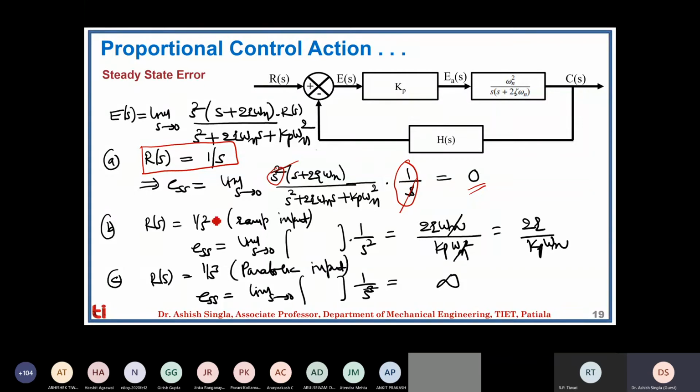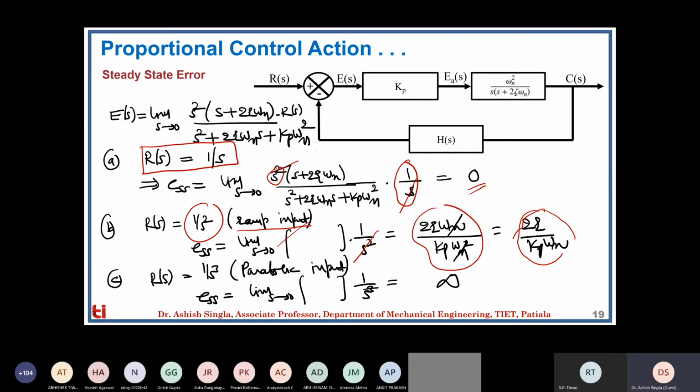But let's take the ramp input. In the case of ramp input, the Laplace transform is 1 by s square. You can see there are two s in the numerator, so both the s's will cancel with this, and we are left with this expression. This is the final expression for the case of ramp input. What does that mean? It means that for any kind of ramp input, if we use proportional control action, we are bound to get